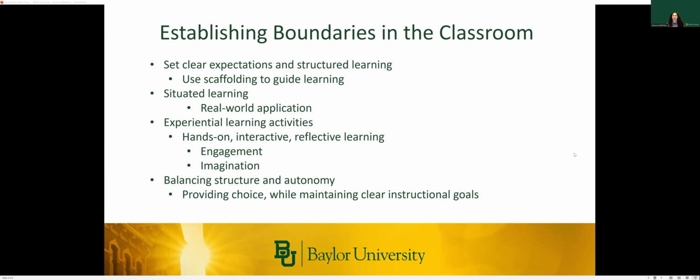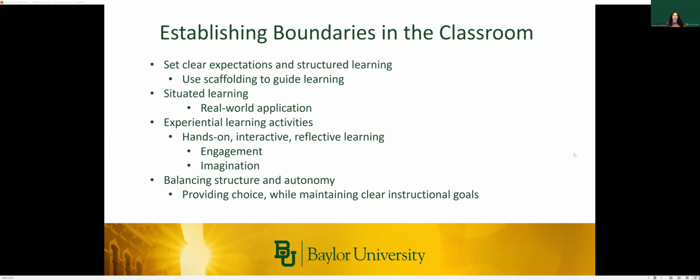I incorporate hands-on activities where my students apply concepts through practice and reflection. This allows my students to engage in practice by doing things, by talking to one another, and reflecting with each other. And as stated by Wenger-Trayner and Wenger-Trayner, there's no substitute for direct engagement in practice as a vehicle for learning the competence of a community. These learning activities also allow my students to experience imagination, which is a powerful tool that can put my students in someone else's shoes in a different place and let them think and believe in anything.